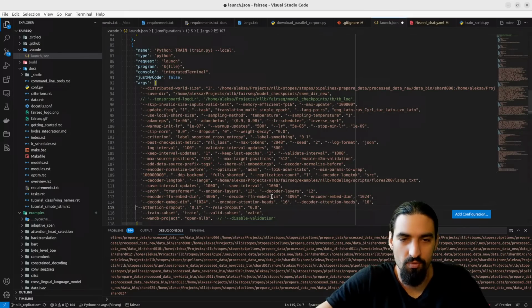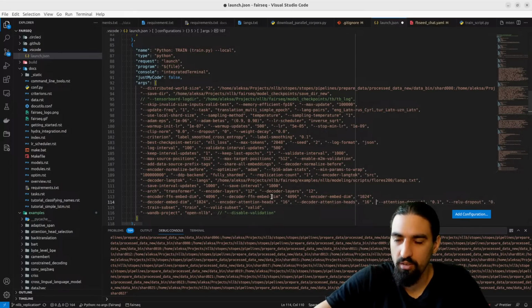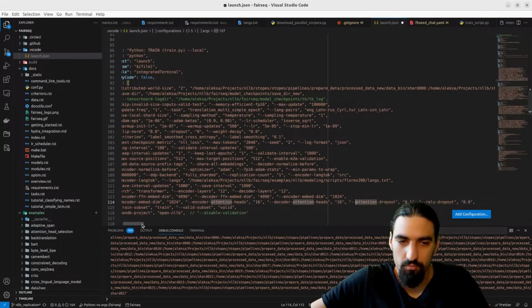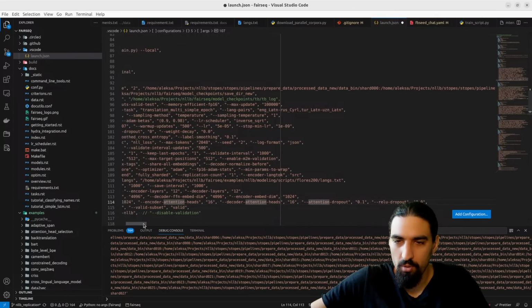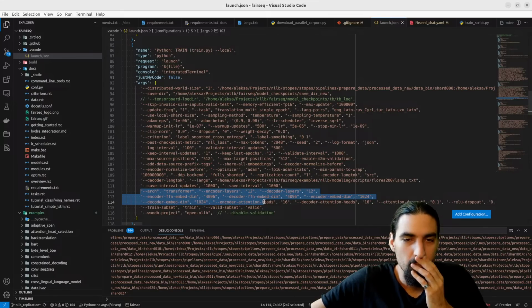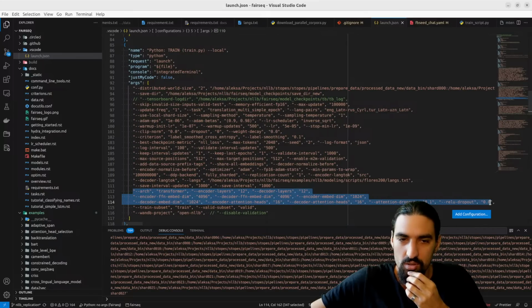Okay, these are just specifying details about the architecture. Dropout. Okay. So this is just specifying the transformer with number of layers, the dimensionality, the number of heads, the dropouts.